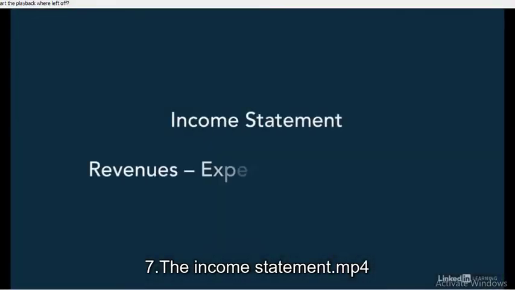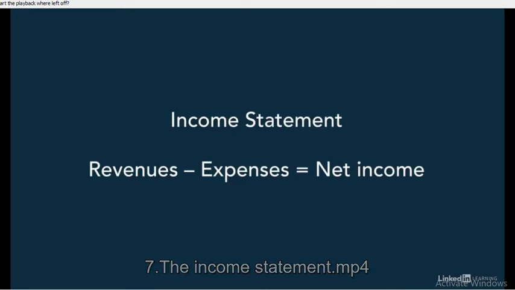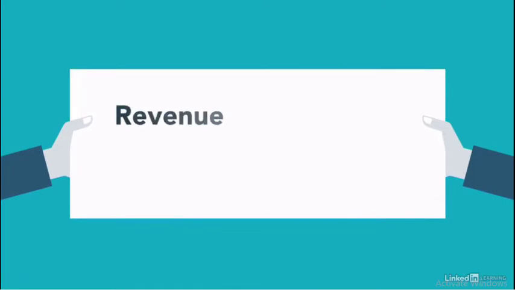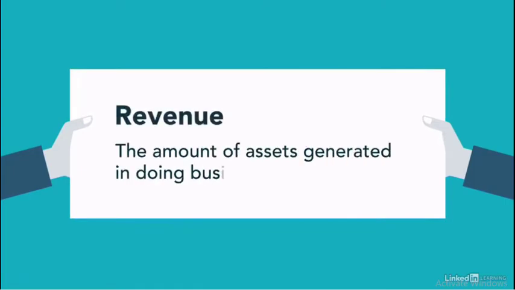The second primary financial statement is the income statement. That's revenues minus expenses equal net income. We use the terms revenues and expenses all the time, so let's make sure that we know what these words mean. In an accounting context, revenue means the amount of assets generated in doing business, and different companies generate assets